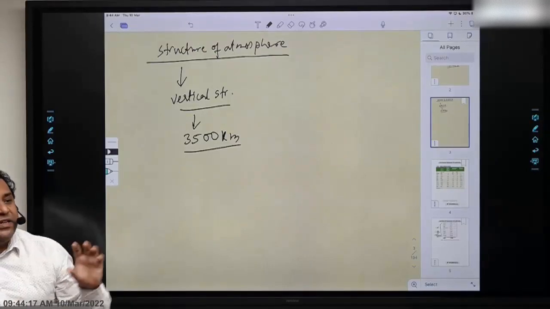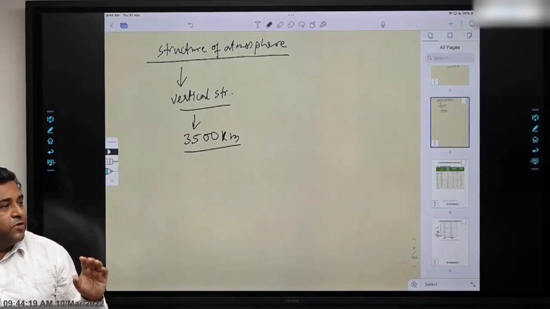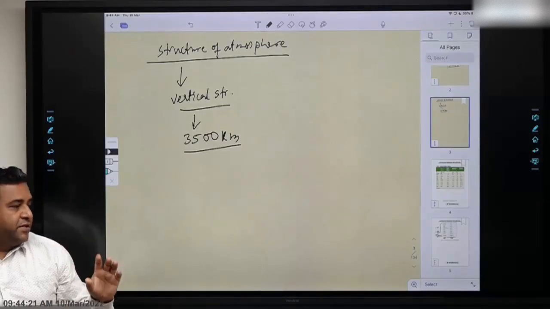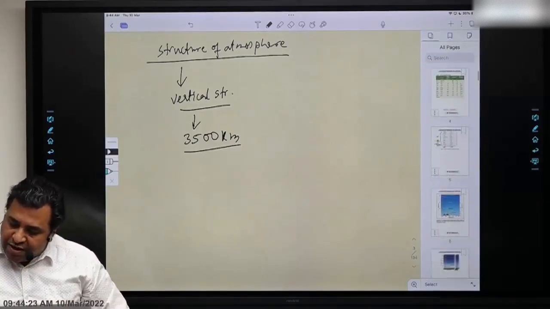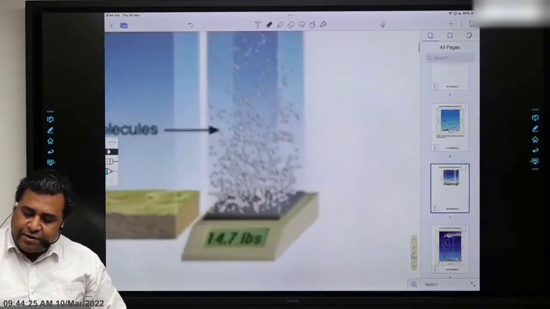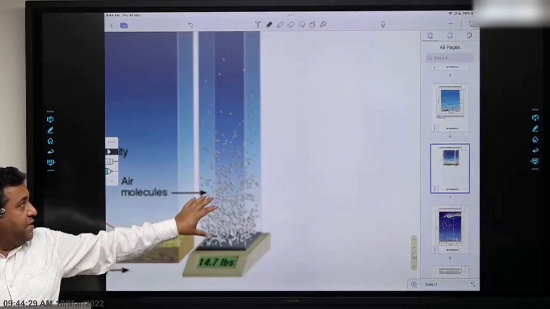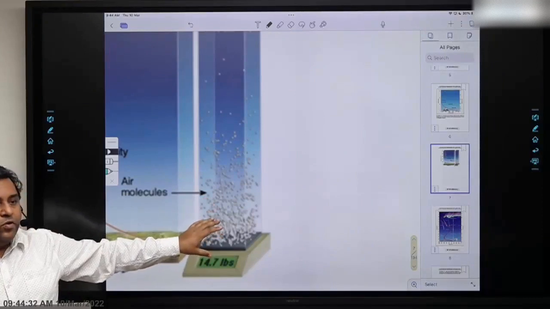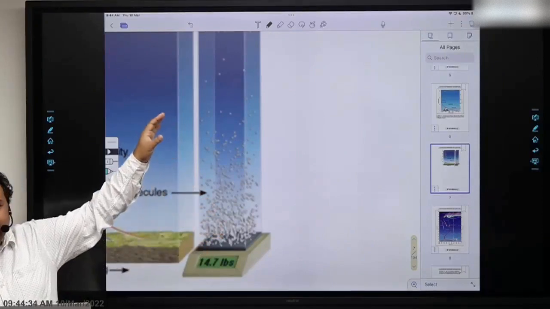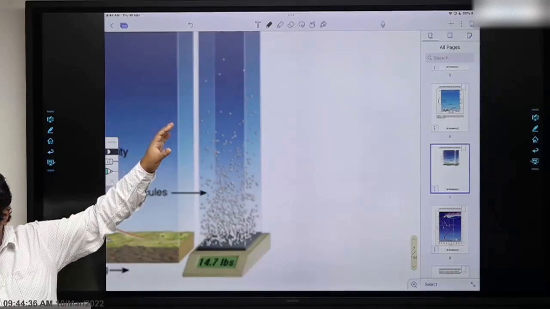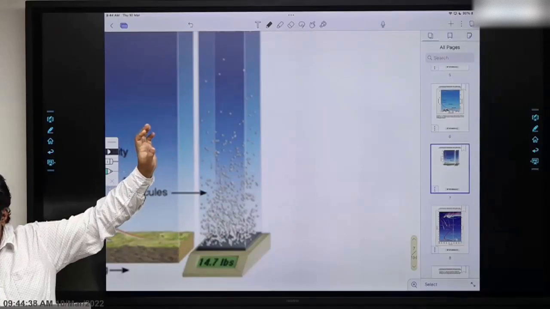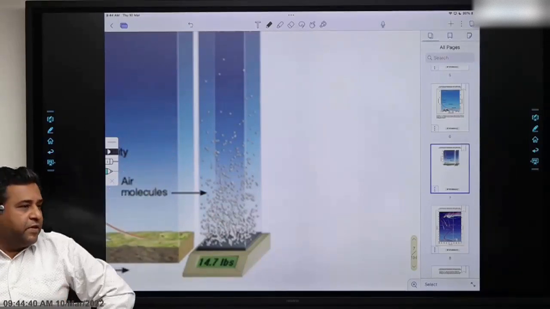This is the density of the atmosphere. This is how the atmosphere's density changes. Okay? So if I have to show you a diagram, it would look something like this. Look, can you see in that diagram? Most of the gases are in the lower region. As you go higher and higher, the gases become much less. Okay, and in the top one, you will find only 1% of the gases.